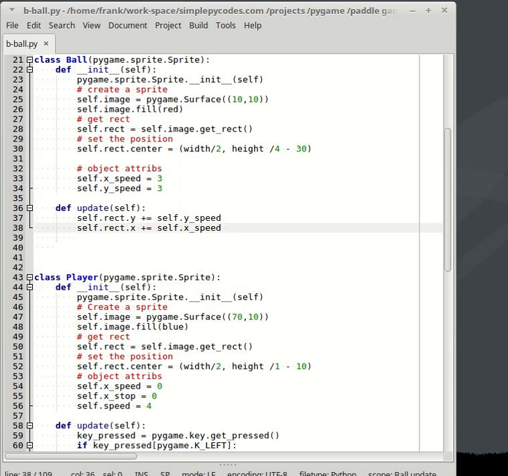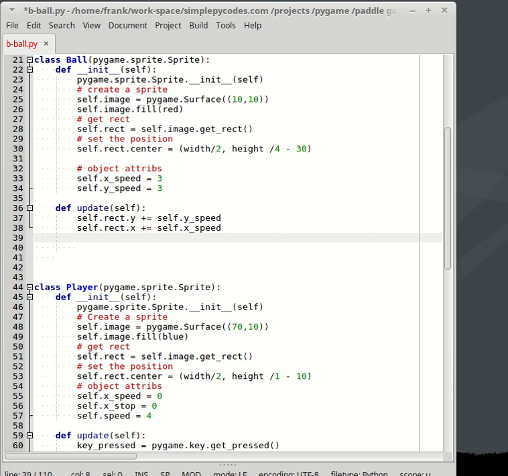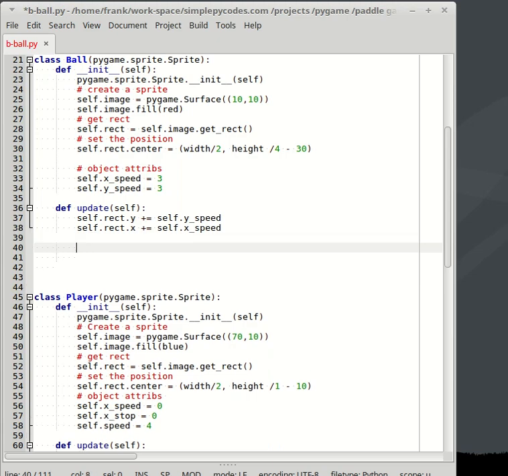We have to come here and create another if statement. If self.rect.left, this is going to be one way to achieve what we want,